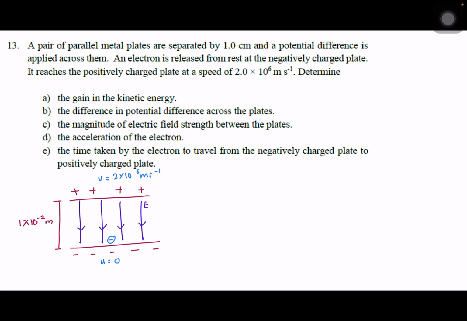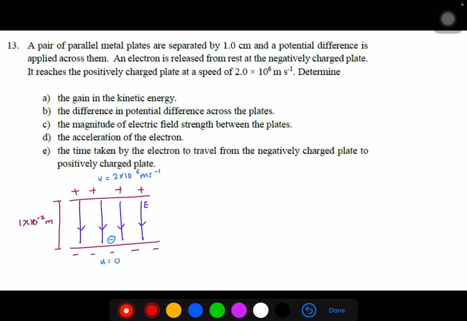Question 13. A pair of parallel metal plates are separated by 1 cm and a potential difference is applied across them. An electron is released from rest at the negatively charged plate. It reached the positively charged plate at a speed of 2 times 10 to the power 6 meters per second. Okay, so the question here didn't give you any diagram. So basically you have to imagine